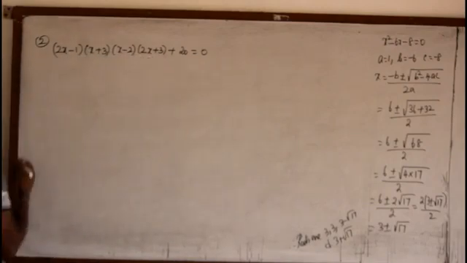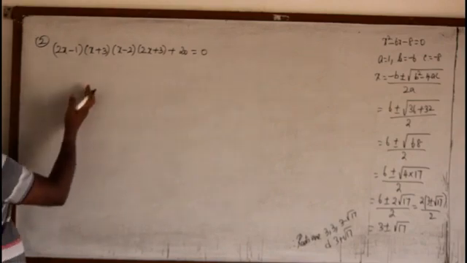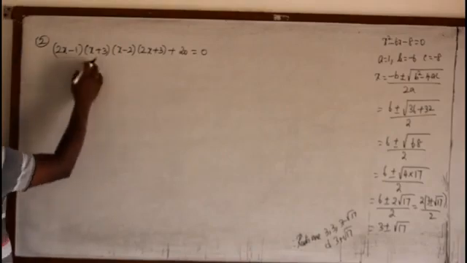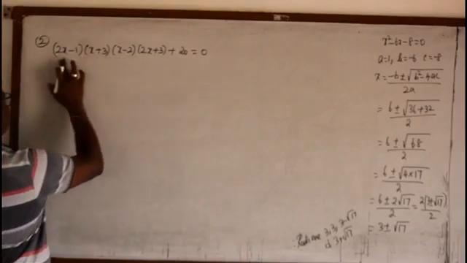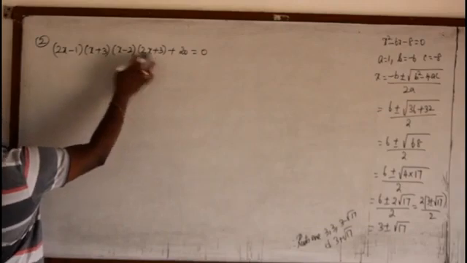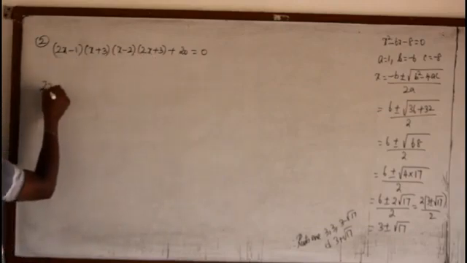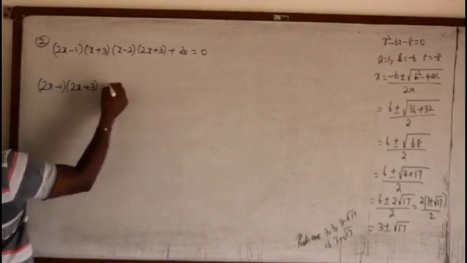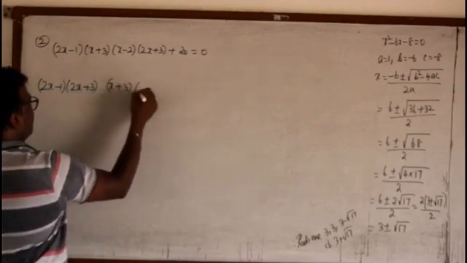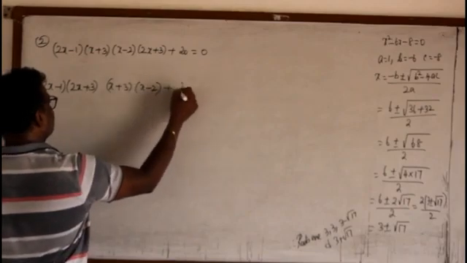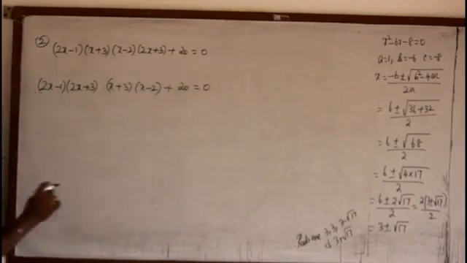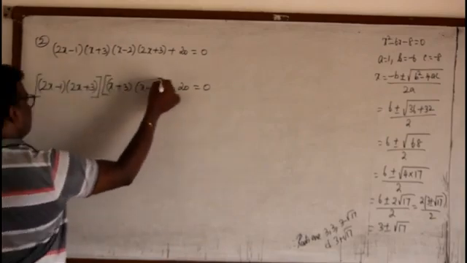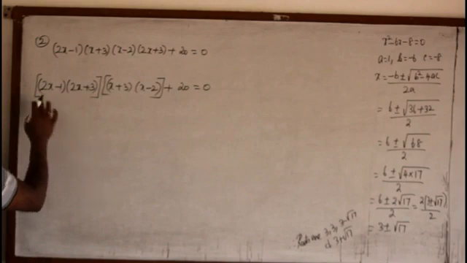So what I am doing, it is not necessary that we must always find a connection only among the constants. We can find it even with the x term. So here x into x square, it is 4x square. When I take 4 out, it becomes x square. So (2x minus 1)(2x plus 3) is combined, and (x plus 3)(x minus 2) is combined, plus 20 equal to 0. So here the connection is found only among the x terms. You can understand by doing the problem.